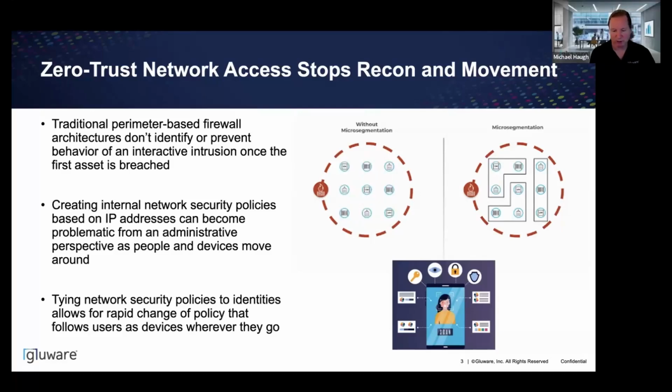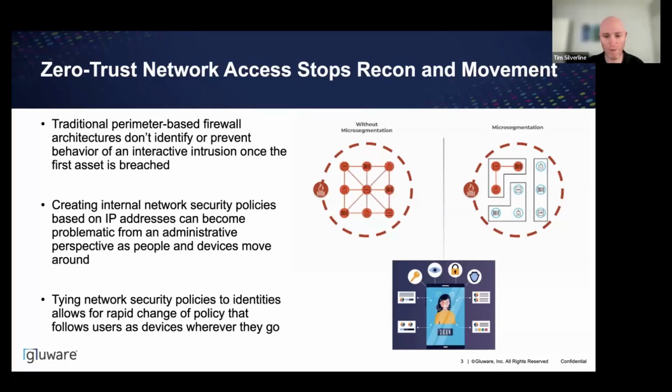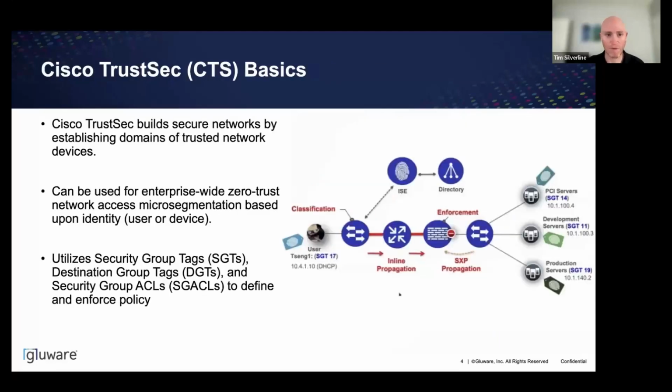So it sounds like we're bridging the application layer and the identity down to the actual network, layer 2 or layer 3 network access and accessibility. Yeah, exactly. So as we dive into Cisco's approach and Cisco TrustSec, or CTS as we call it for short,